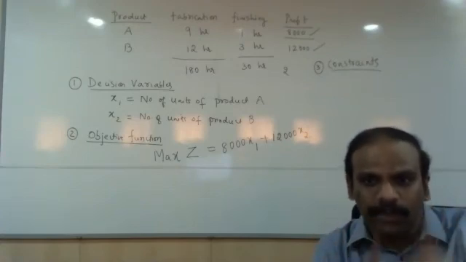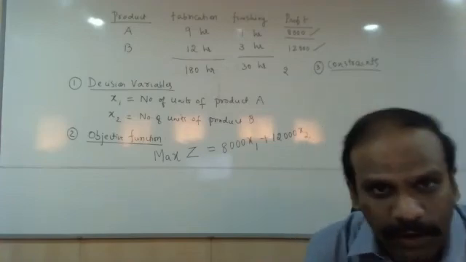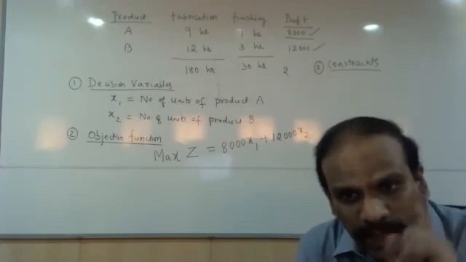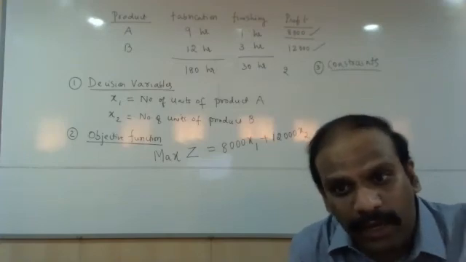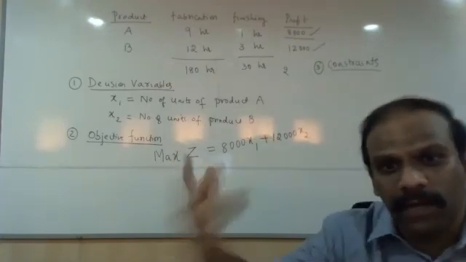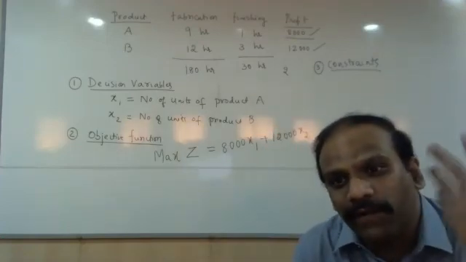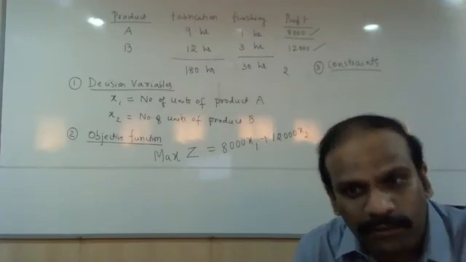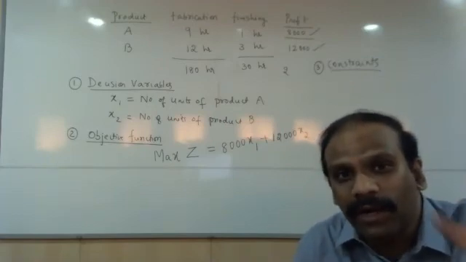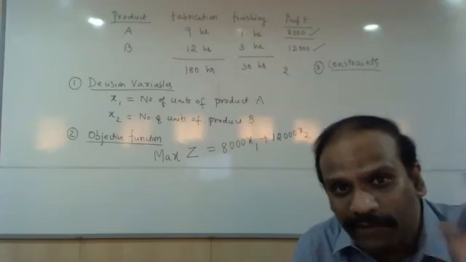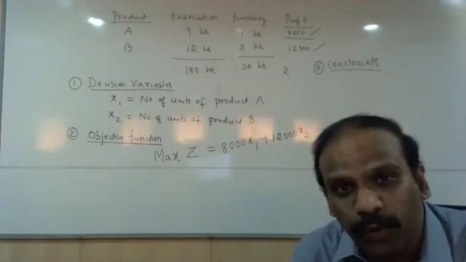Now, as far as this question is concerned, there are two types of constraints here. Which are the two constraints? Can anybody please tell me? The first constraint is the fabrication time and the second constraint is finishing time. Suppose the company says there is no limit on fabrication or finishing, do as much as you want. Then the company can do it 24/7 and make millions and millions of dollars, which is not practically possible here because there is a condition called the maximum time. So 180 hours of fabrication and 30 hours of finishing. Beyond that, you cannot think of doing anything.